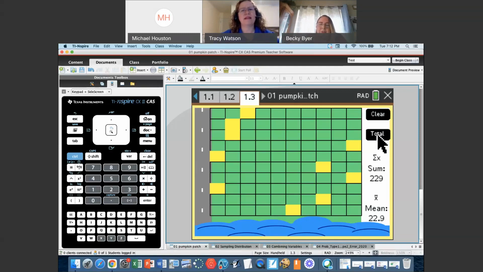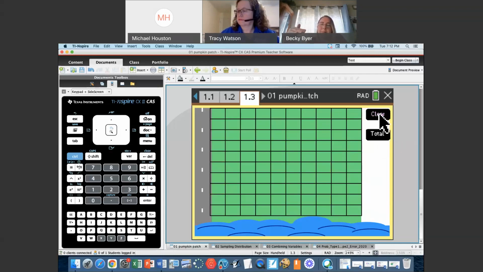I think this is different from when I've done it before. When we did it in class, I'm pretty sure it's got a random seed in there. So this is a really nice data collection activity with the kids, because then you can have them plot those values on a dot plot. You can come up with a class mean for the rows and a standard deviation for the rows. But then, someone had mentioned, do the rows and the columns have something different with them? Is it better to sample by the rows or by the columns?